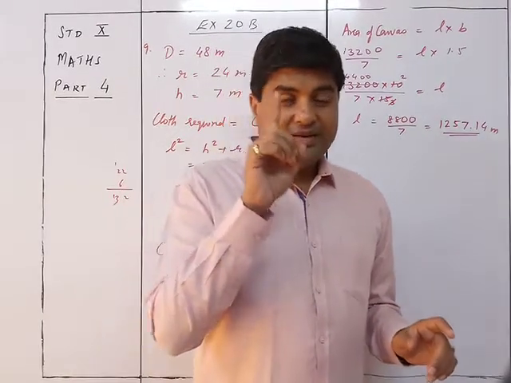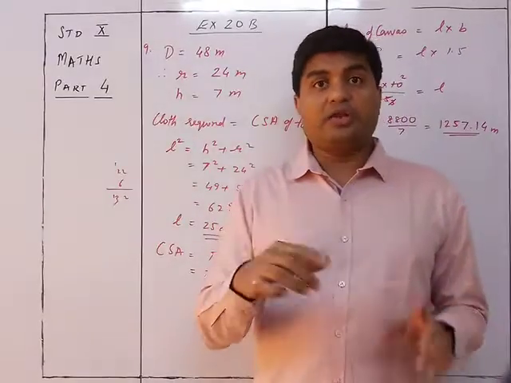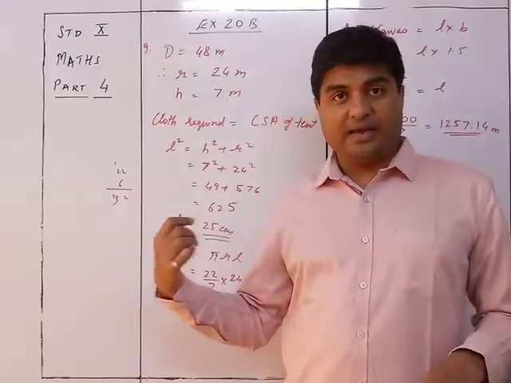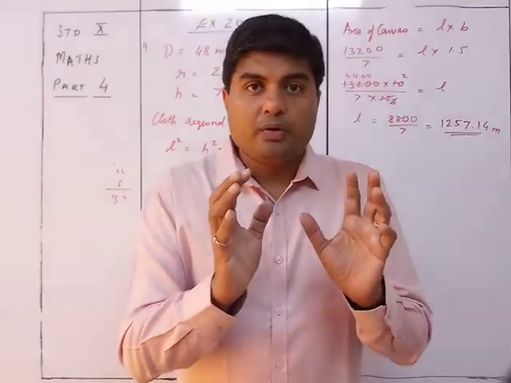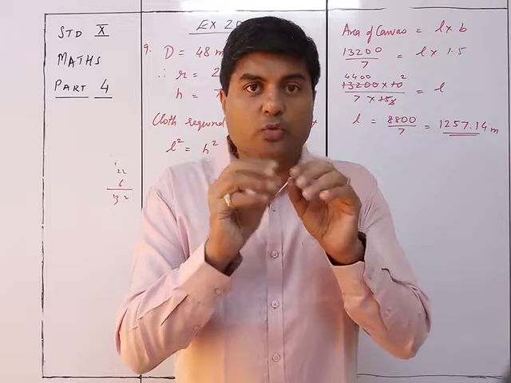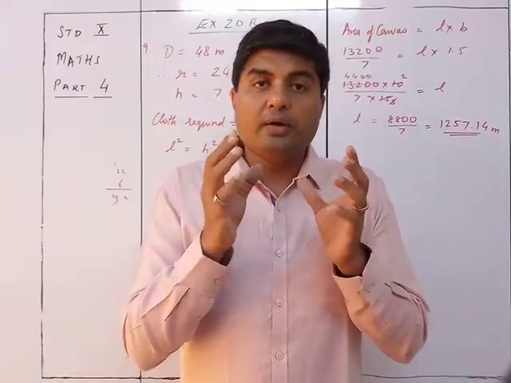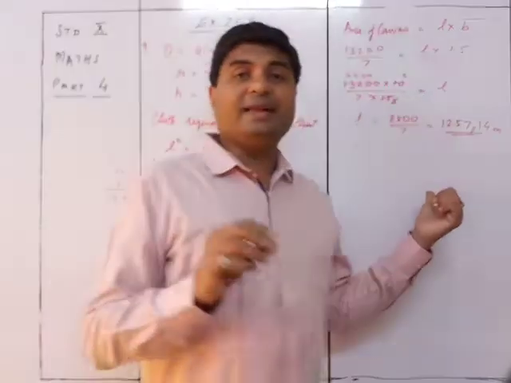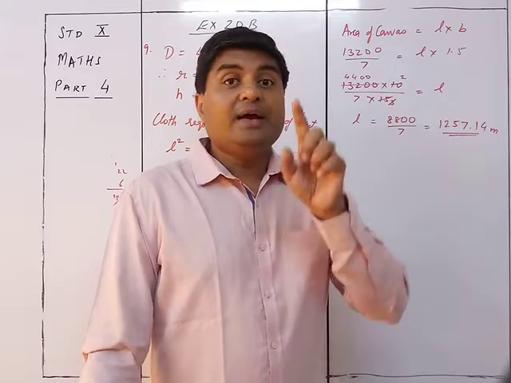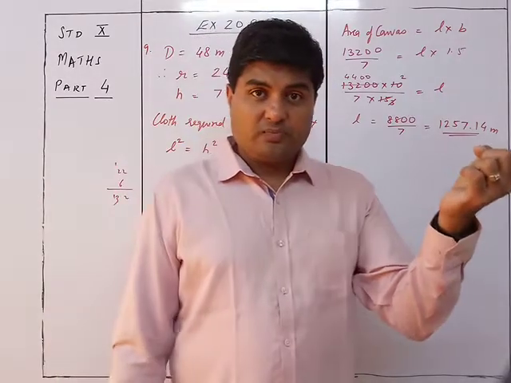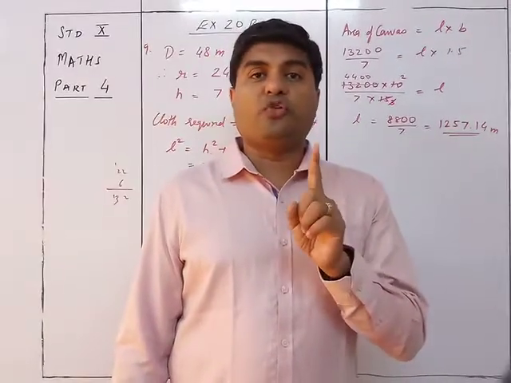One is 10% of the area or the cloth, so you are going to consider 10% of the area to be more. Okay, the area will be more by 10% if you are considering 10% for stitches and folds. But here it is the opposite. What is given? 10% of the canvas. 10% of the canvas is going to be used for folds and stitches.